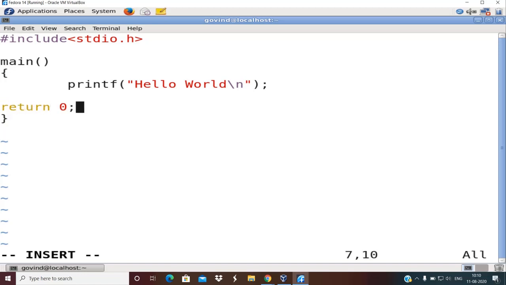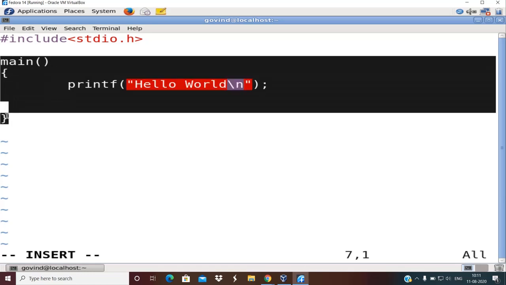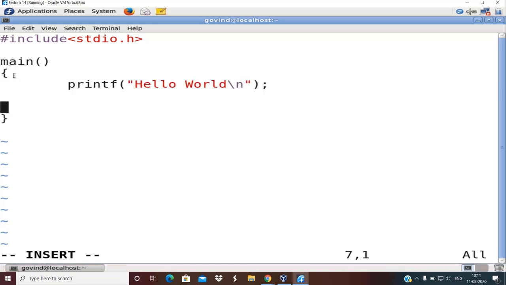Again, depending on the compilers, they might give some warnings, right? So main is actually a user defined function which acts as a starting point of the program execution. So wherever you write main, your compiler will find that main and start executing from that point onwards.